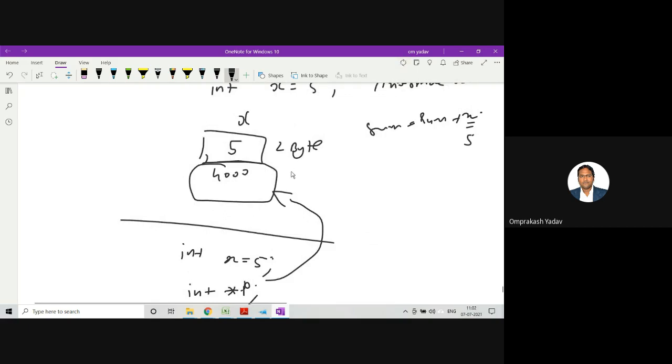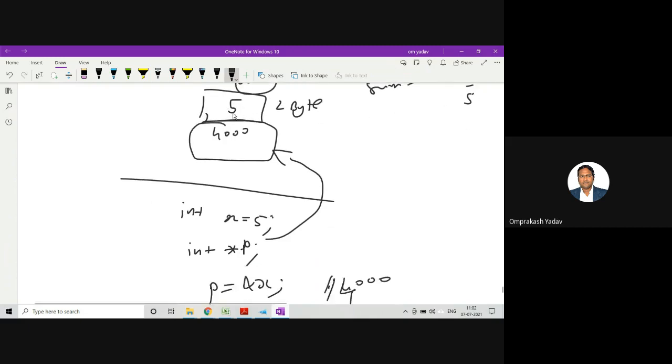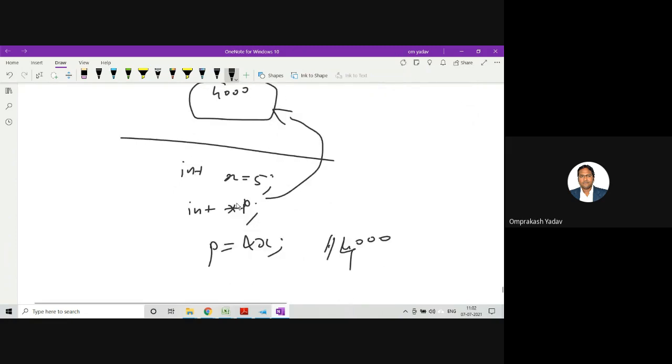Suppose you are living in one particular house. I have two ways to meet you. One is I can directly call you by your name. Second, if I know your address, I can go to your address and meet you. This is the same example. If I want to access this file, I can access it by name, or if I know at which particular address this file is kept, then I can go and take this file with the help of that address. So if you want to store the address of any particular variable, you need to declare a pointer